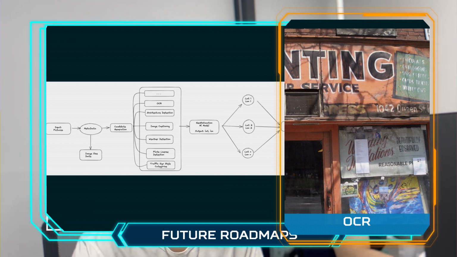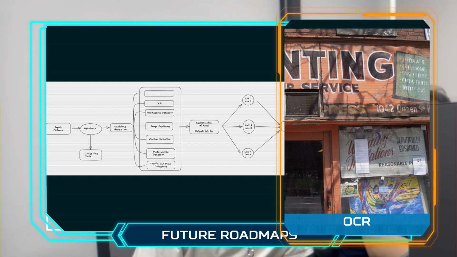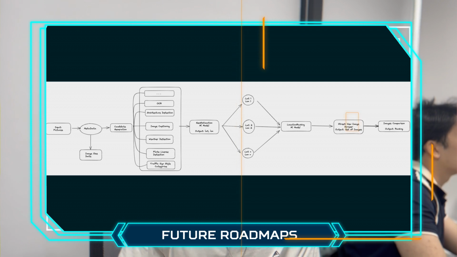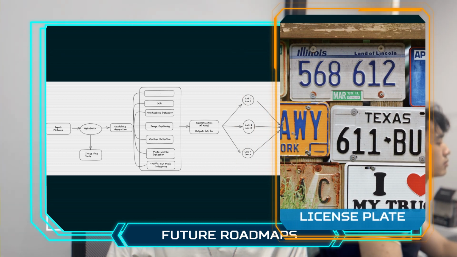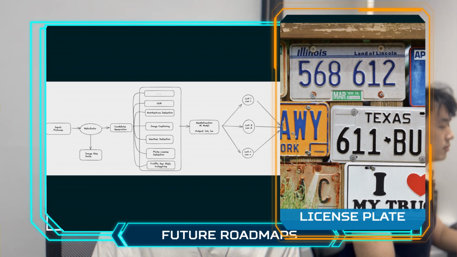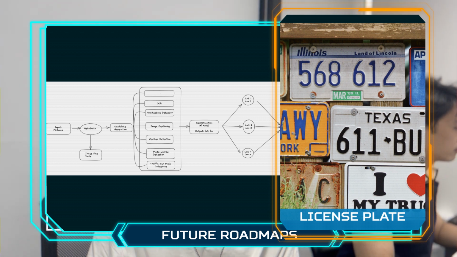The third one, we will implement the model which is for license plate detection and traffic sign detection. This feature is useful when an image contains a vehicle. Each country tends to have a unique style of license plate and traffic sign. So we will implement this for the model for more accuracy.